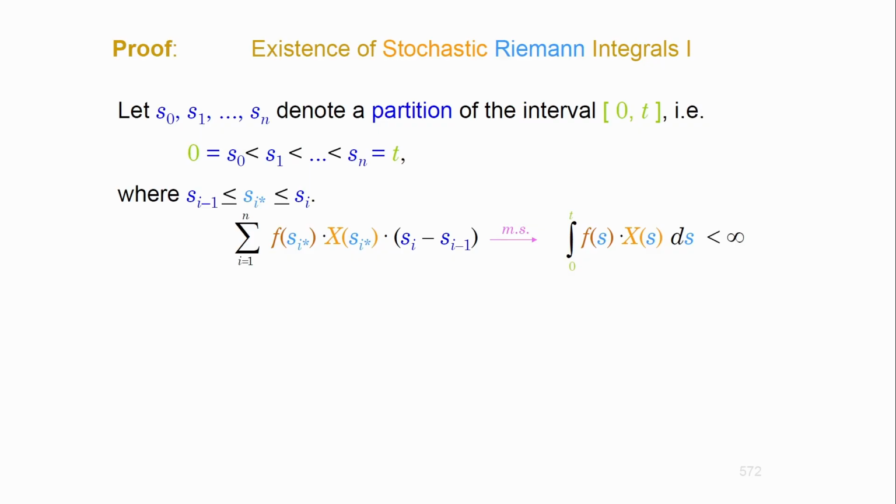Okay, so you need to prove two things. First, number one, if this is true, then the previous integral exists, the double integral with the autocovariance. I'm going to show you that, so you see what it will be. Now, if it's finite, then what? As n is increased, so as the number of subintervals on the partition is increased, then what? Okay, so first, again, you need to understand this.